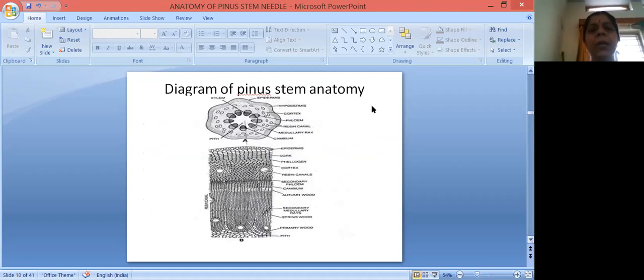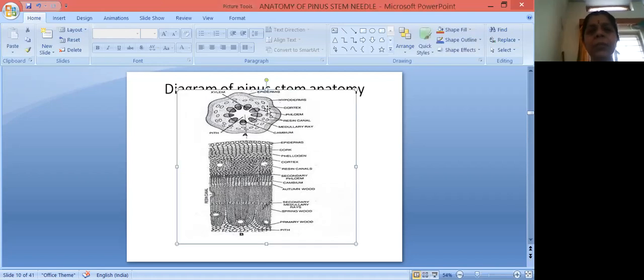It is very simple and almost similar to the dicot stem. Its outline is wavy because of the persistent leaf bases, and it has epidermis, cuticle and everything. Hypodermis is also an important structure present below the epidermis. It is one or two cell layers thick, and it gives mechanical support. The cortex is a parenchymatous storage tissue having many resin canals, and the stelar zone is occupied with a number of vascular bundles.